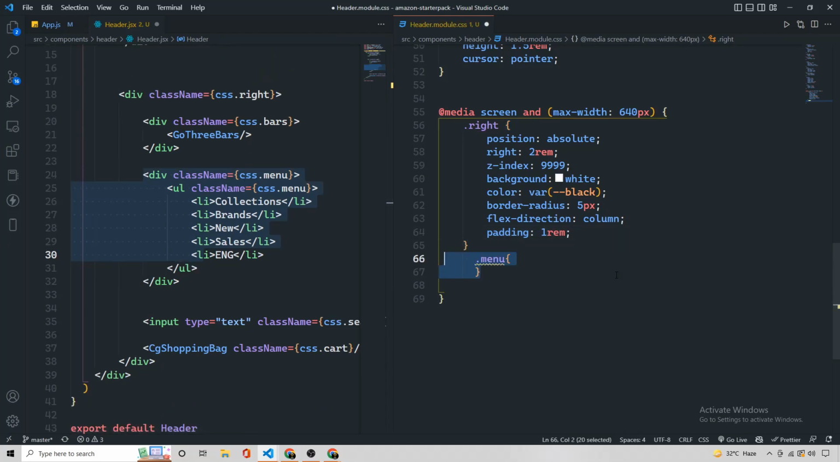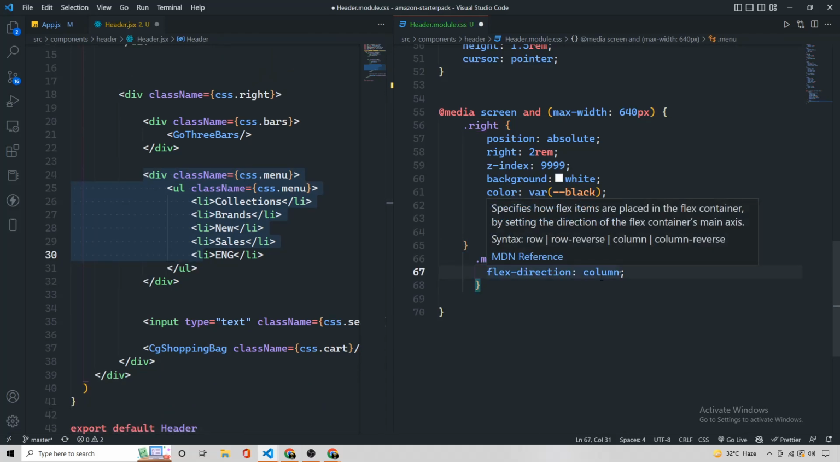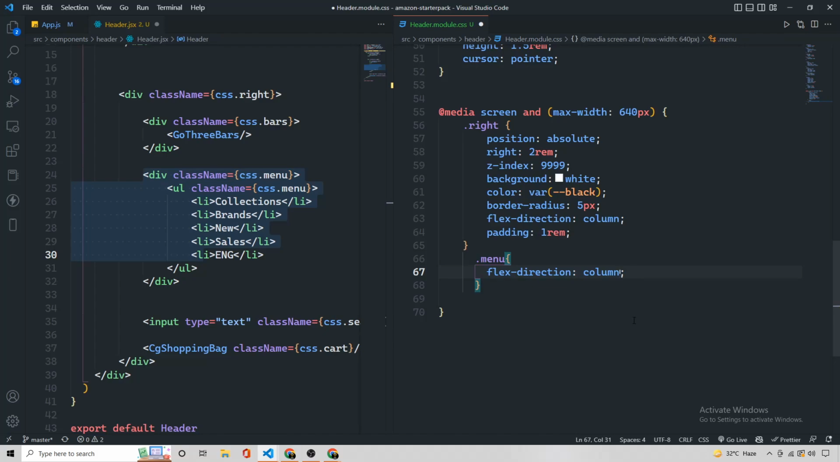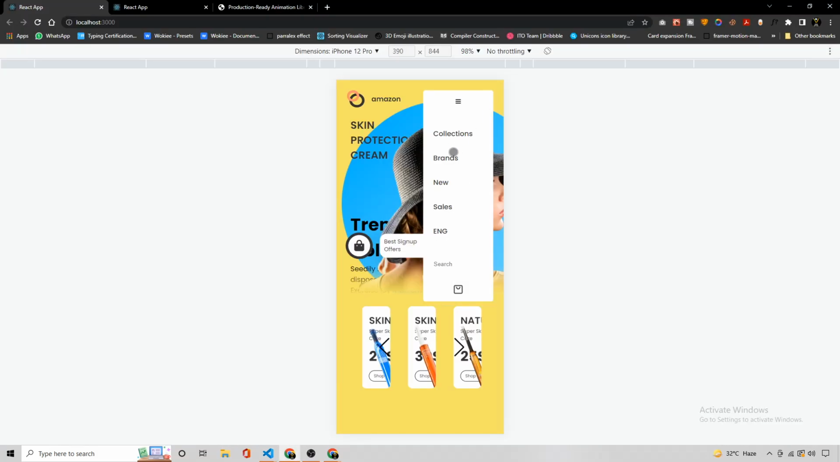So for the menu I am giving the flex direction of column because now I want it in a vertical direction with the margin left of -2 rem and a display none. Let's see. By the way, to see the results, I have to remove the display none for now because we have to see what we have acquired. Here you can see, now we can see the list very easily,